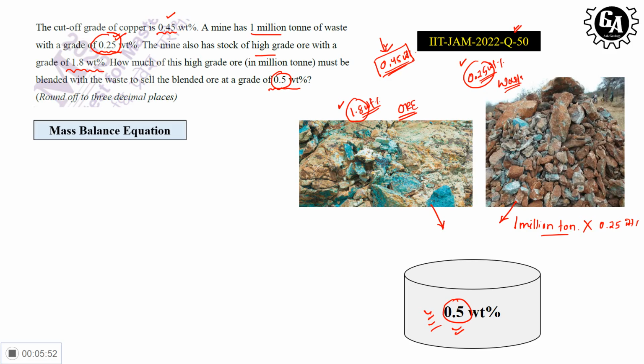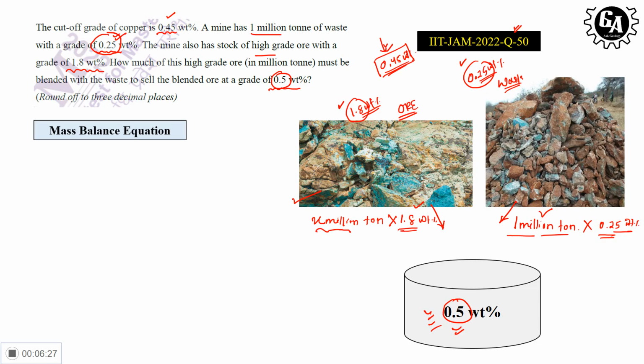Okay, and how many million tons we will add, we don't know. Let us add x million tons, and its grade is 1.8 weight percentage. So x million tons of the ore with 1.8 weight percentage average grade will be blended with 1 million ton of the waste having a grade of 0.25 weight percentage, and we have to make, okay,